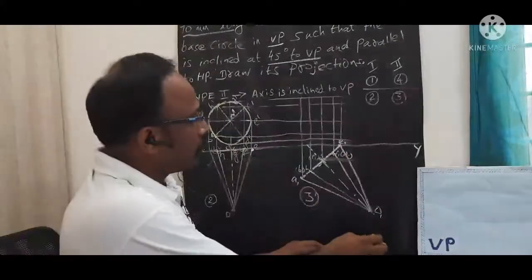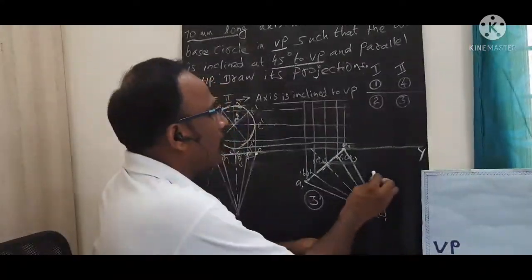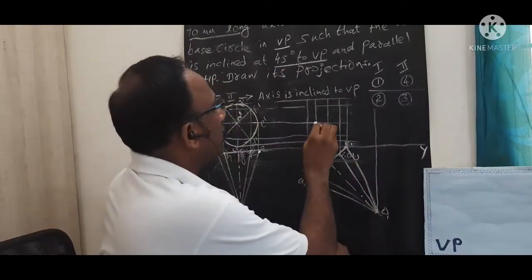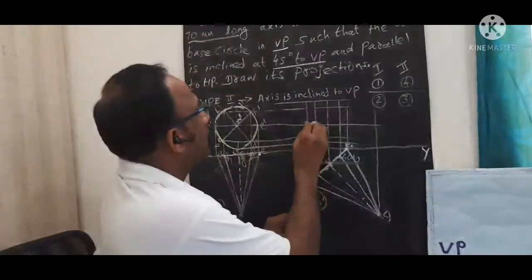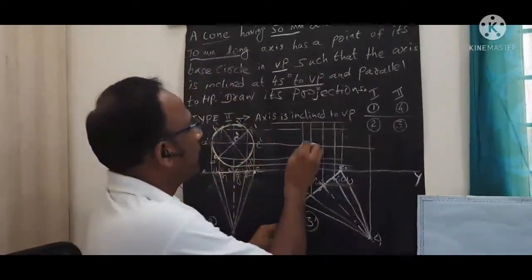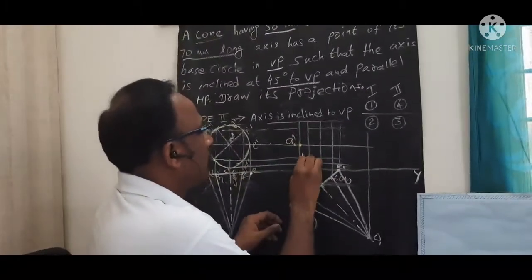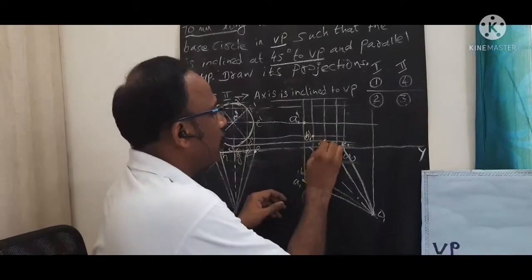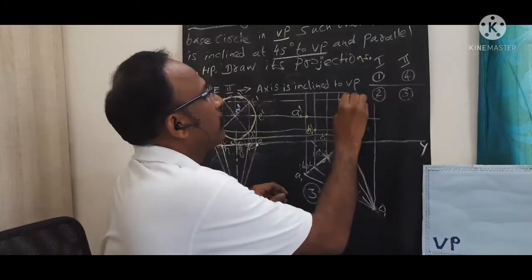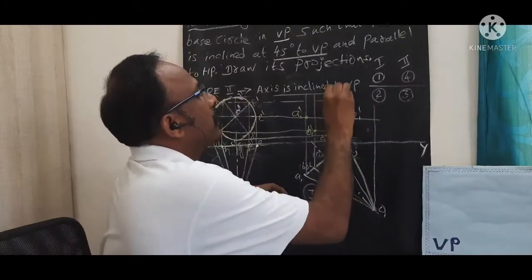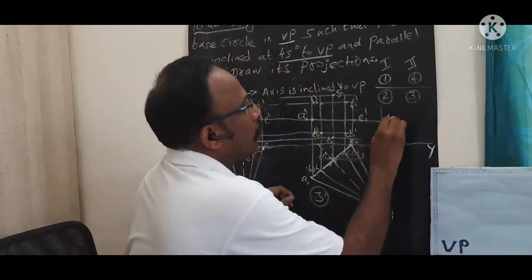Now the meeting points are to be marked. Similarly, draw the vertical line from this O1 also, and it may be connected by this center line. Now the final points: I mark this point A0 dash and A1 as A1 dash. Then this meeting point is B1 dash. This point is C1 dash. This is D1 dash, E1 dash, F1 dash, G1 dash, and H1 dash. And this point I call O1 dash.